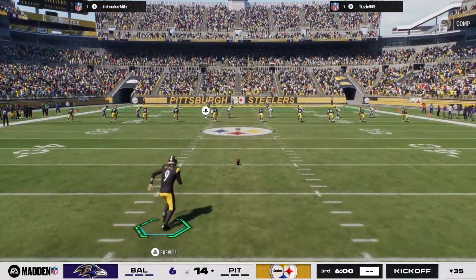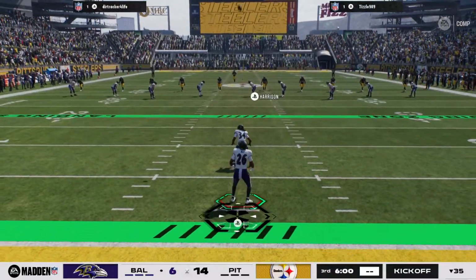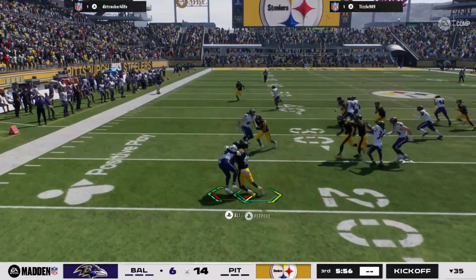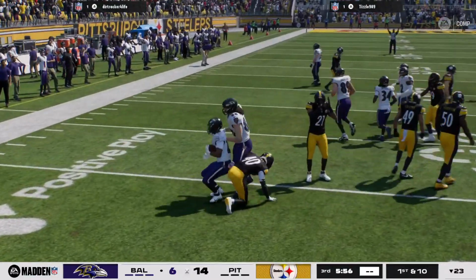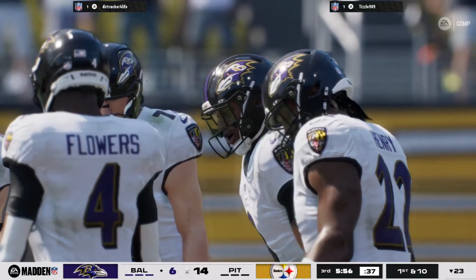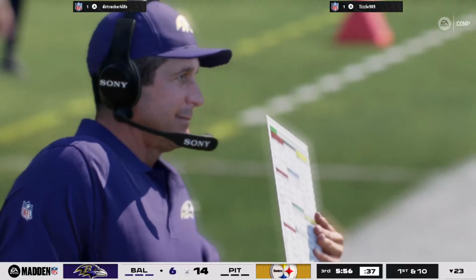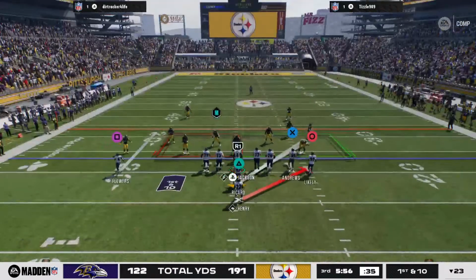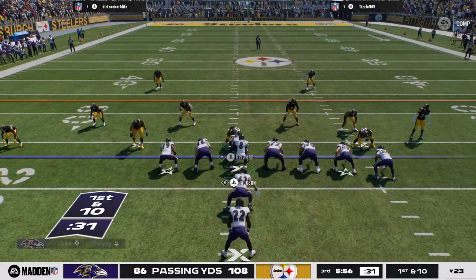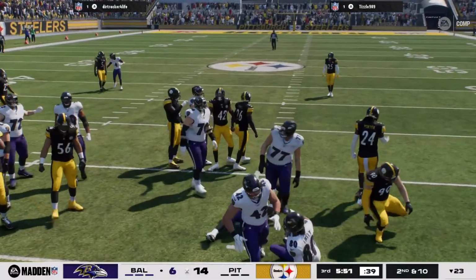Now Boswell on to send this away. Ali to return it. And he's brought down just inside the 25. Ravens to the line now. 1st and 10. Third quarter starts with a run from Henry. Dropped by the first guy he...